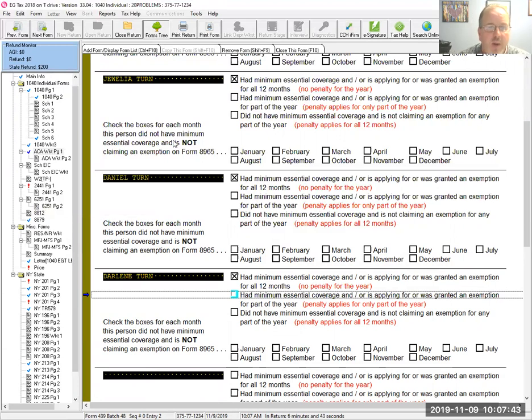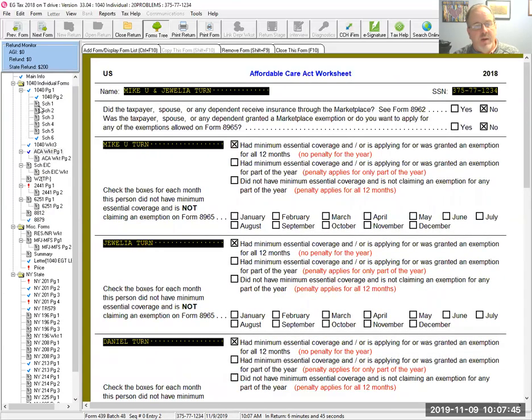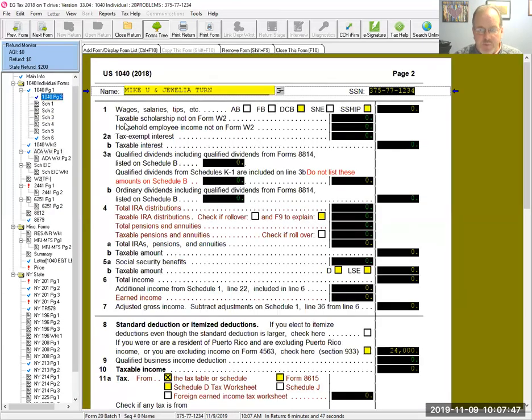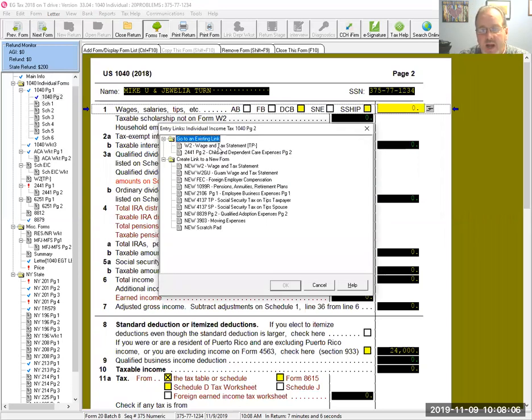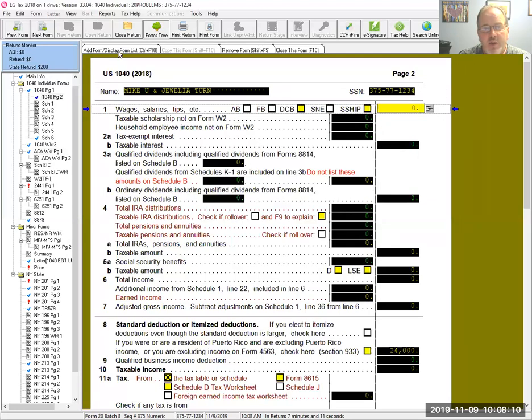Okay. So again, when you want to do your W-2s, there are some different ways to navigate to it. And again, this is with that sheet. So if on that sheet that I was just showing you with the grids on there, W-2, what do I do with it? Well, it depends how you want to do it, but it is on the 1040 line 1, and I can go over and light up my box, hit F9, and I can see that I have a wage statement there. I could go to add a form,